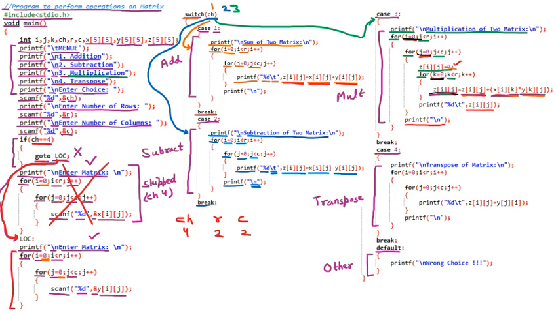Let us suppose that the matrix we have assumed is Y. So there is one matrix Y which we have taken, and that Y matrix is 0 1, these are the columns, and 0 1, these are the rows. Now we have entered some values like 7 4 3 9. So these are the values which are entered here. Now what will happen? The choice is 4. If the choice is 4 here, so directly the switch will jump here to the case 4. So this is case 4.